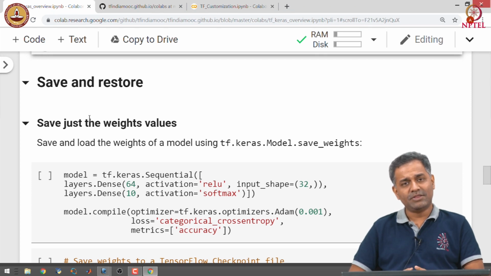So, all three methods are supported in TensorFlow. In addition to that, you can save the model in different formats. You can save the model in JSON or in YAML files or in some other formats like H5.